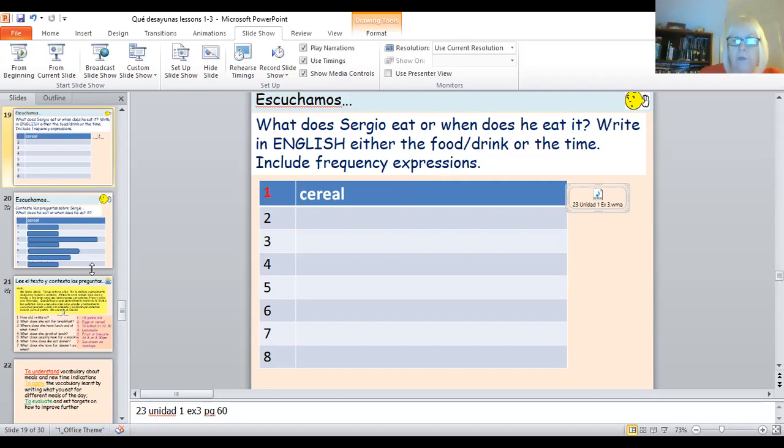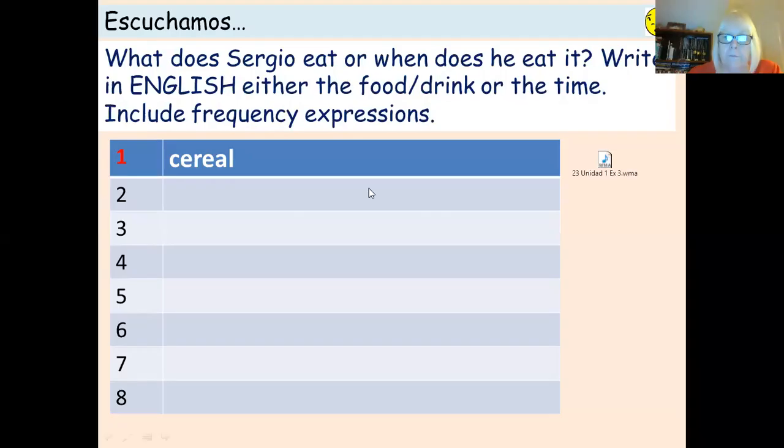Okay, so you heard that listening once. You may need to listen to it again because it has got quite a lot of detail, and you are listening out for frequency expressions as well. You had things like I always or I never, sometimes. It had times and it had different types of food. So let's just go back so you can see this in full size. This is very slow, my computer. We're going to correct it in a moment, but you may need to listen to it several times. Once you've listened to it and you're happy, then you can move on to the corrections.